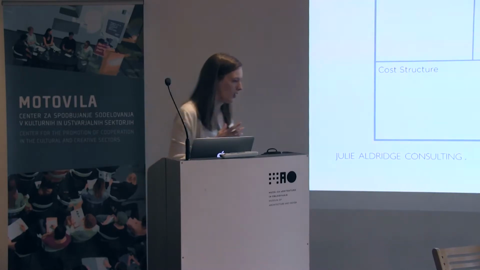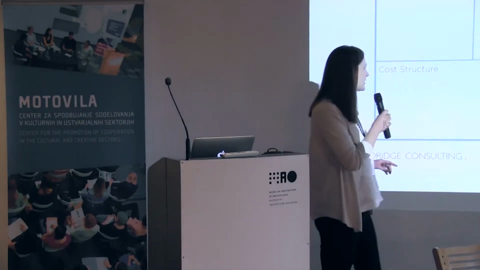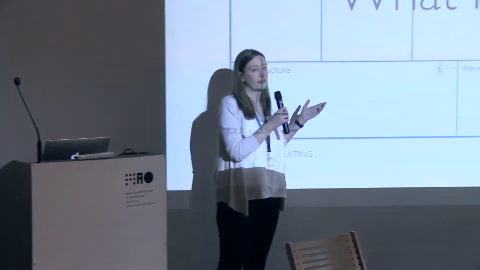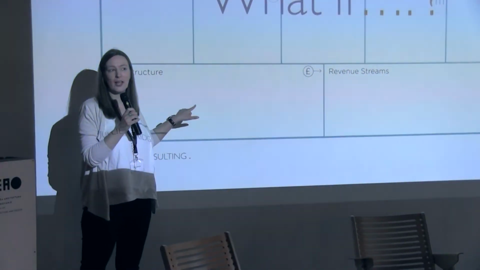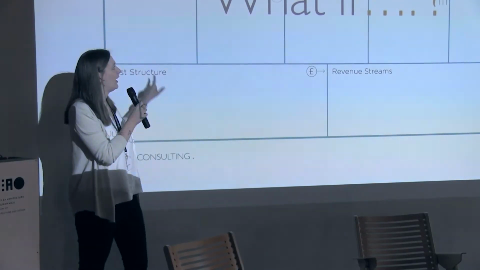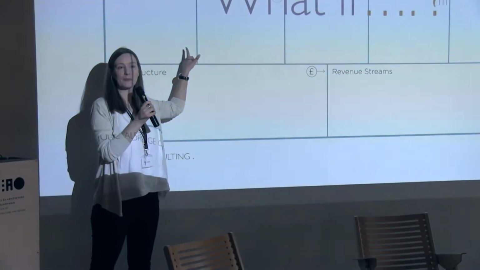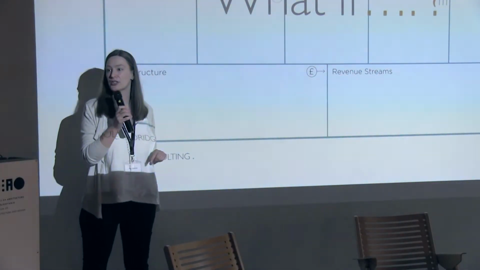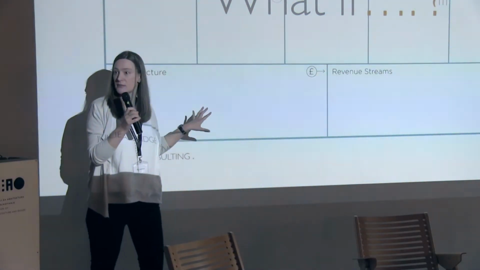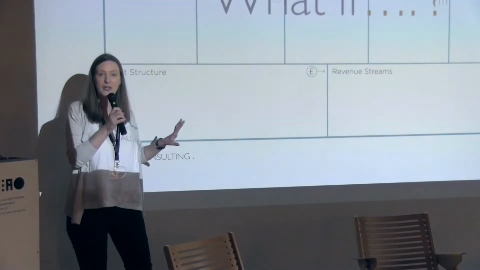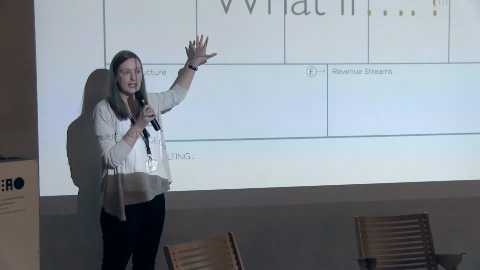Often when people are looking at business models, there's often a funding crisis that starts it, so they start by looking at what can we cut. And if you're cutting things here, have a think about what does that mean for this bit of the model? Is it still feasible to deliver that value if you've made a cut here? Maybe it is, maybe there are some necessary cuts to make. I'm not saying don't do it, but have a look at does it still make it feasible?